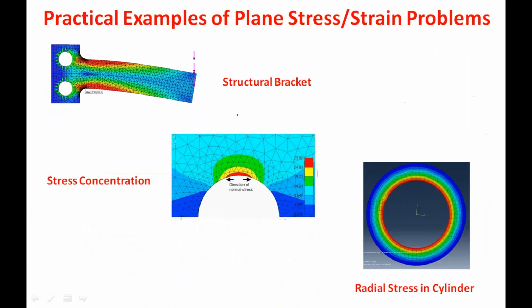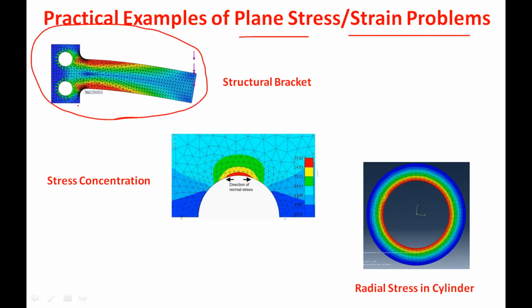Here I am showing some practical examples under the plane stress condition and the plane strain condition. You can have a structural bracket like this which is fixed at this end, with the load acting at the free end. Then we can do the analysis of this type of structural bracket only by considering the section plane. So we can model the section plane alone with all the geometrical details, and here the thickness of the element is considered as uniform. For discretization, they are using the triangular element only.